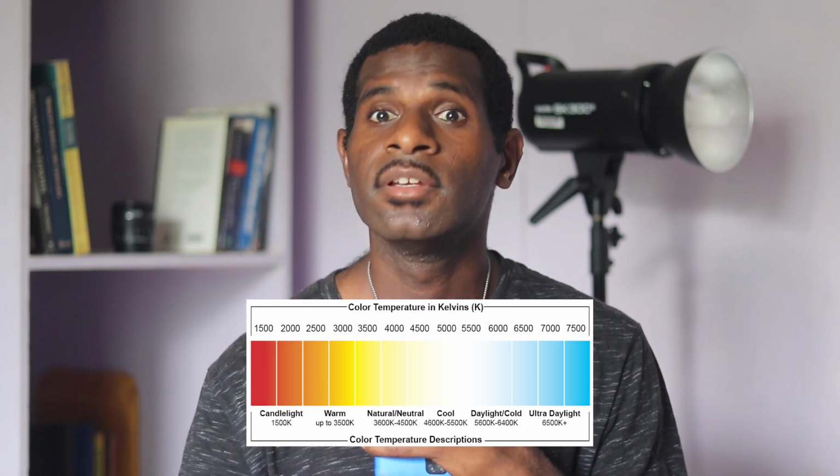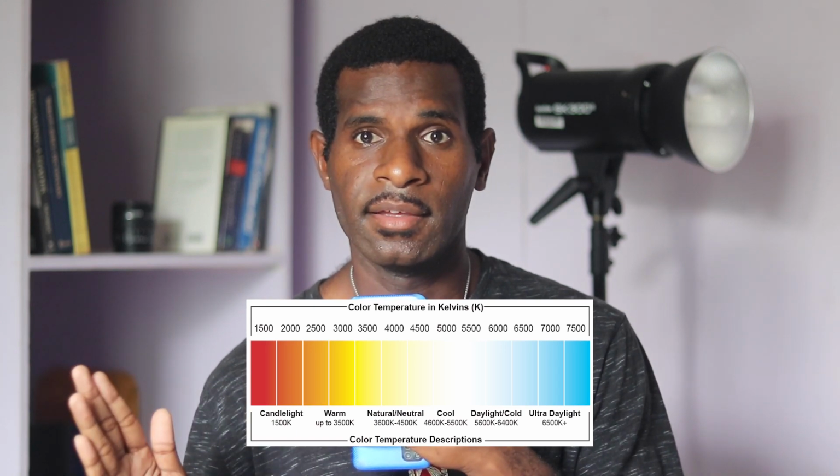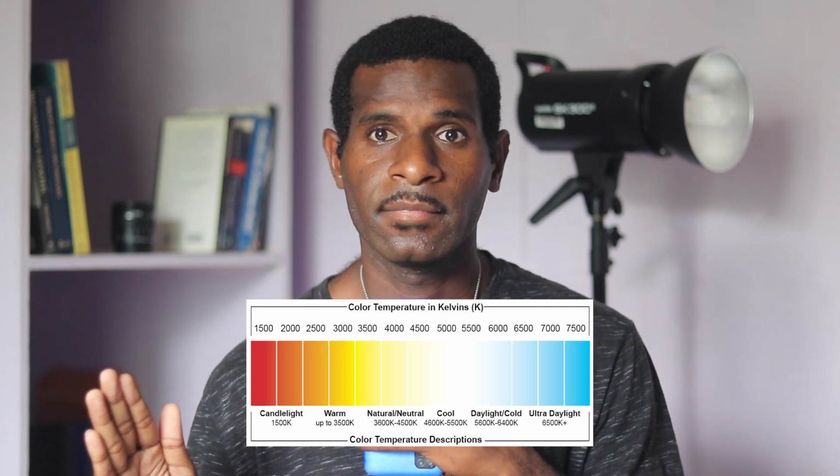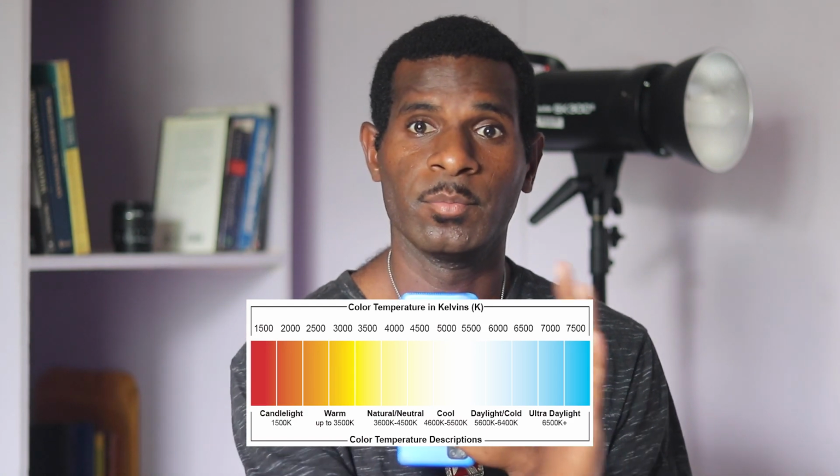White balance basically means adjusting your camera to read the light source that's coming through, white as white and black as black. So it can be all the way over here cold and all the way over here warm, the temperature of the light. Depending on your light source, if it's a sunny afternoon, definitely it would be more to the warm side. And if it's at night, then you'll push it towards the cold side. So under different light sources, you need to white balance your camera to the light source.